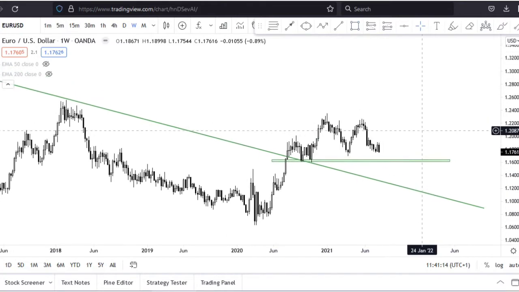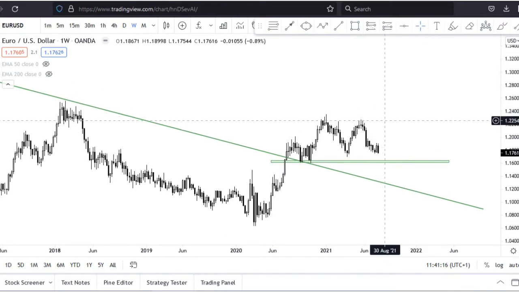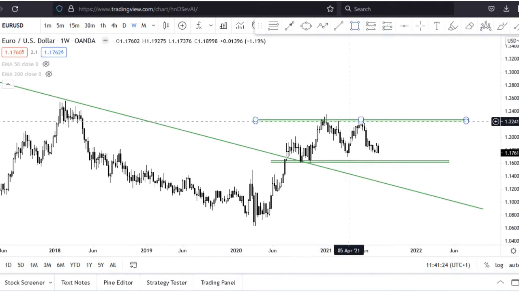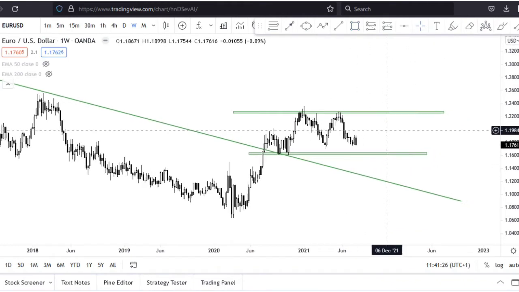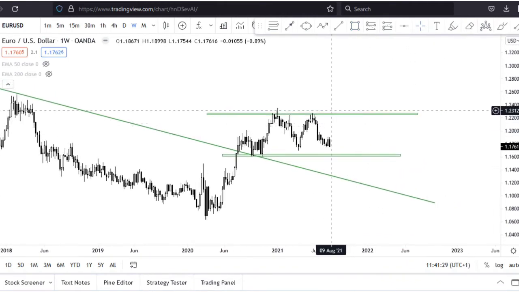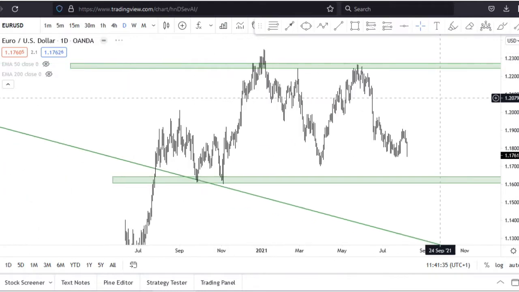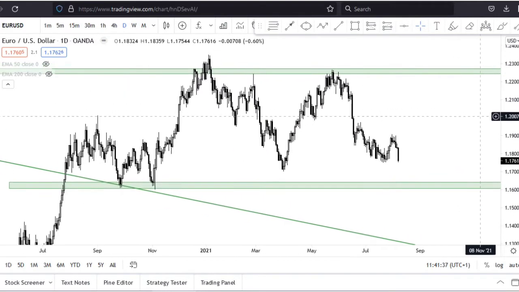Then the key level of resistance that we can identify will be here, okay, as well. So these are key areas on the weekly time frame that we'll be monitoring. If we take this down to the daily time frame, we can identify more levels as well,